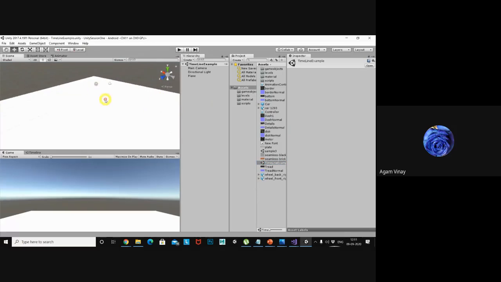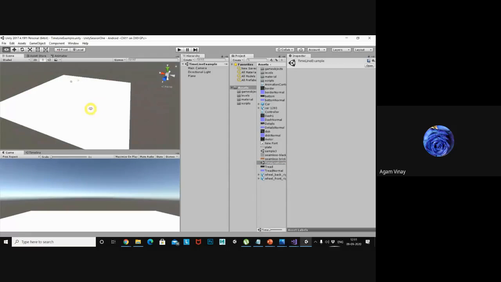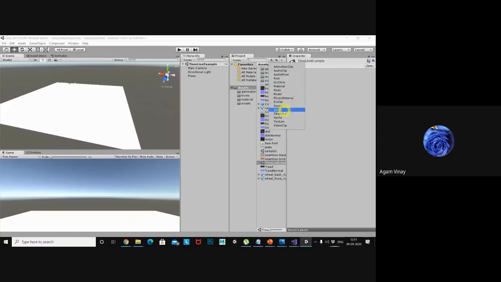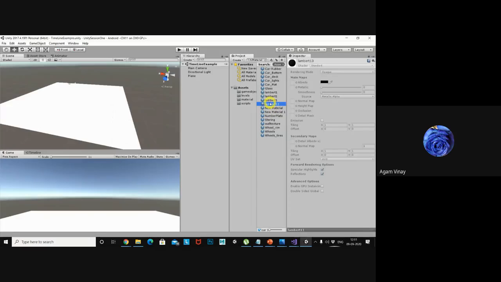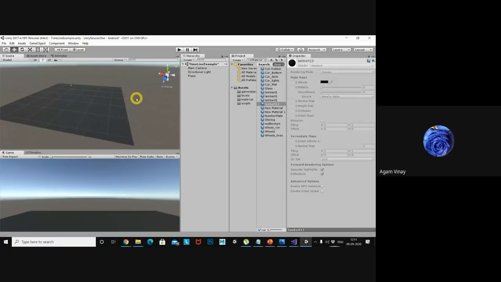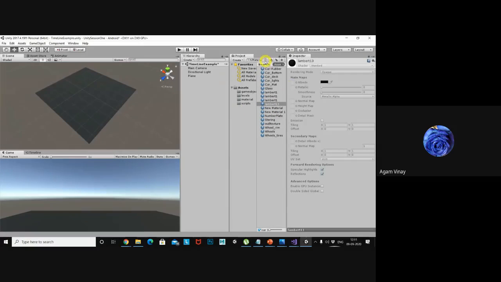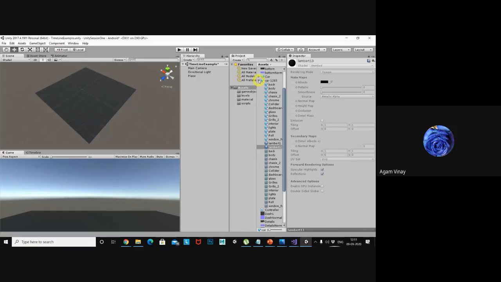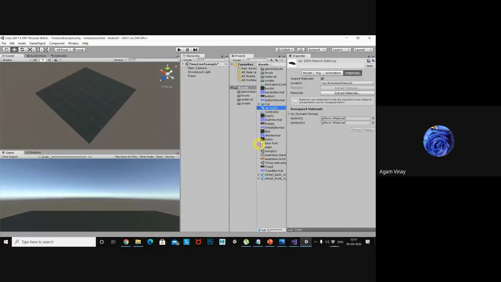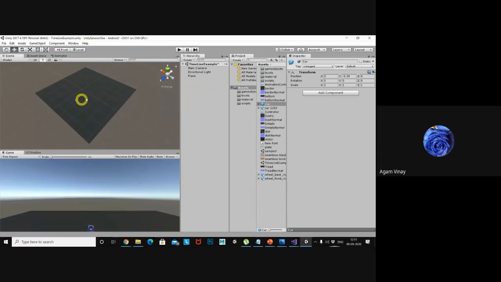For that, let me set up a small scene. Whatever materials I have, we'll check with those materials. I want to add this black one to this one. Now I want to place some cars. So instead of characters, assume you have cars. Just drag and drop the car into your scene, or you can drag it into your hierarchy.